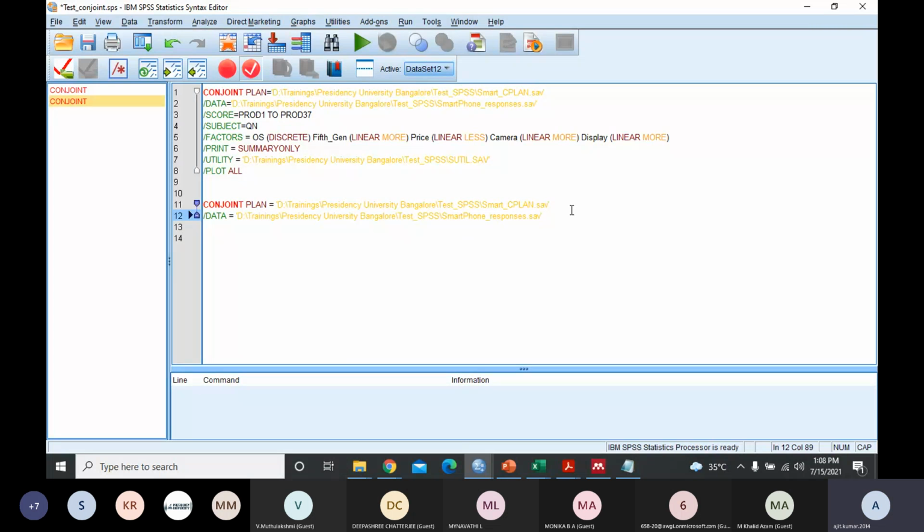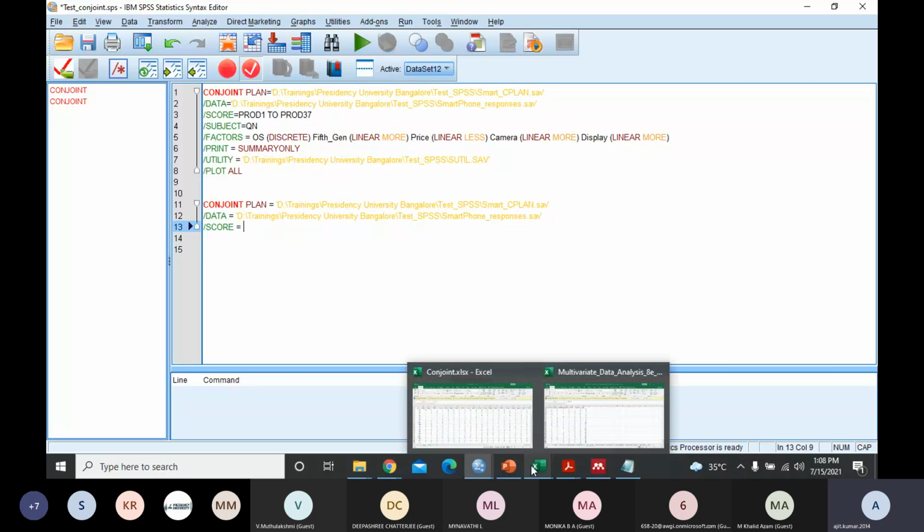Now we also need to give certain things, that is the score. Why are we using this score? Because in consumer preferences we have the 7-point Likert scale. So we need to give information to this conjoint function about which headers hold this information.